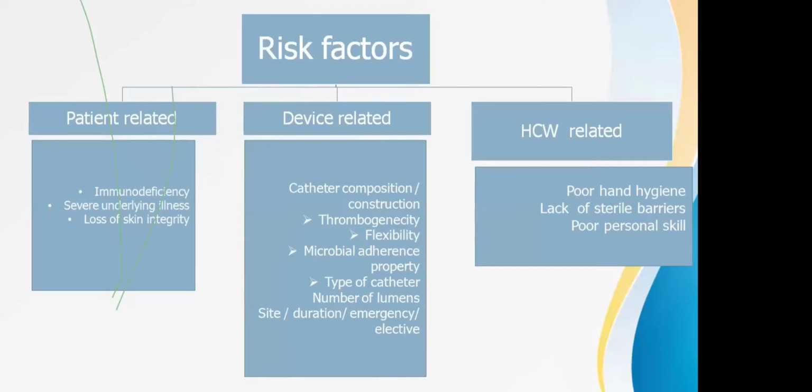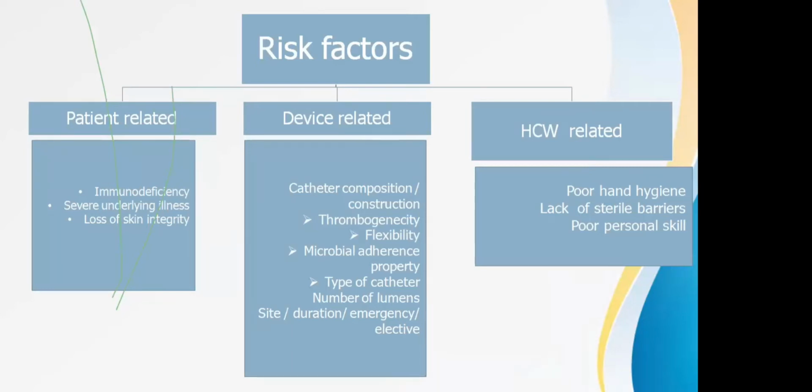What are the basic risk factors for any central line associated bloodstream infection to happen? It can be divided into 3 categories. That can be patient related, that can be device related, and of course, healthcare worker related. When we talk about patient related, that is the age of the patient; mainly, central line bloodstream infections are documented nowadays to be more in males. Any underlying disease, or the patient has lost the integrity of the skin and there is already a breach, so the multiple entry of microorganisms can lead to trouble for you. These are the patient related areas.